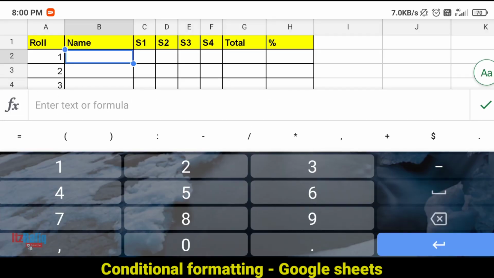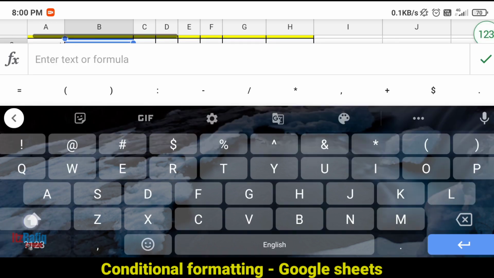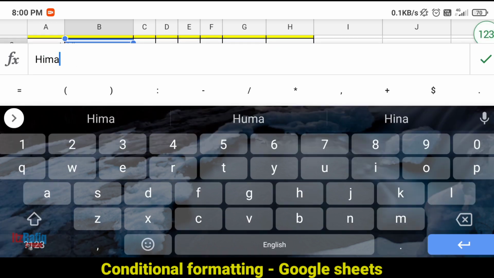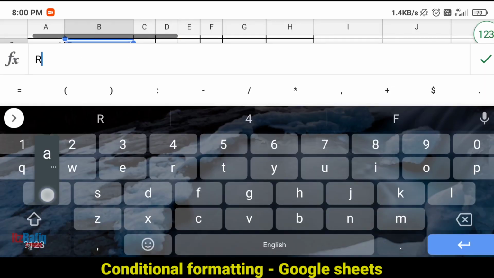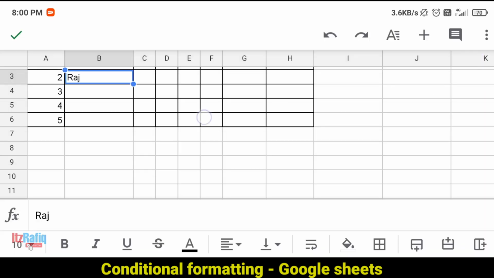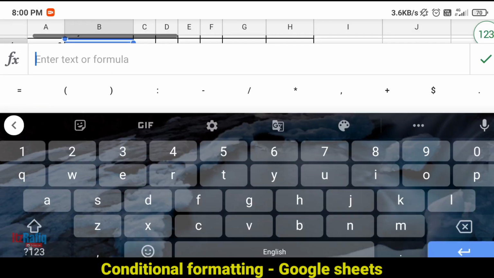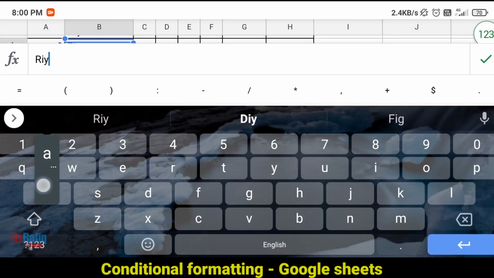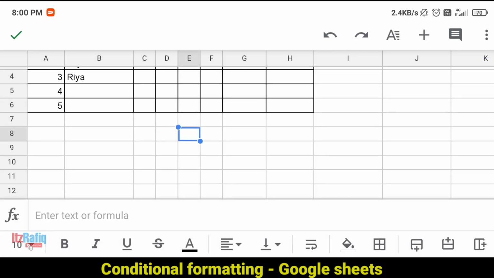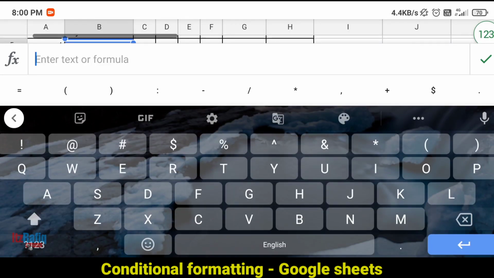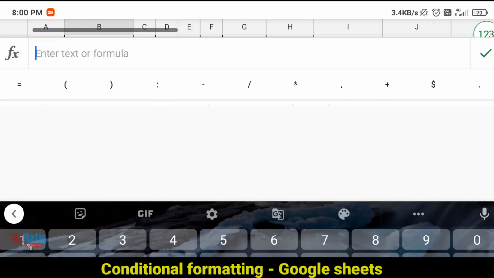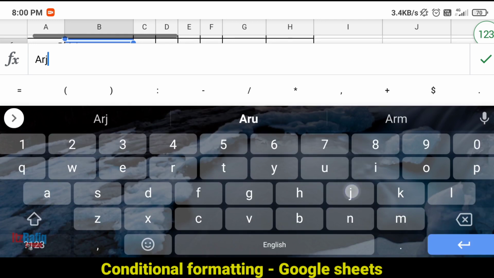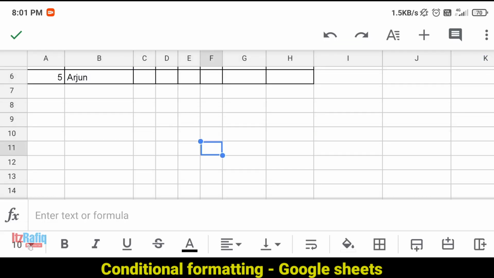Suppose it's Hima, Raj, Riya, Ram, Arjun. So I have entered 5 student names.